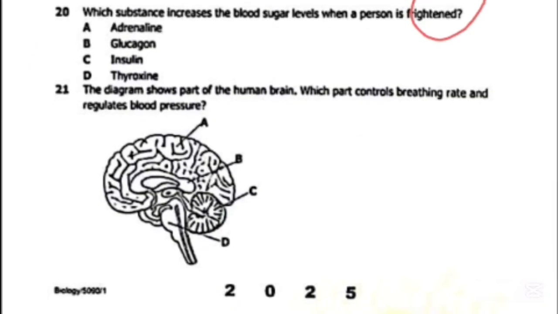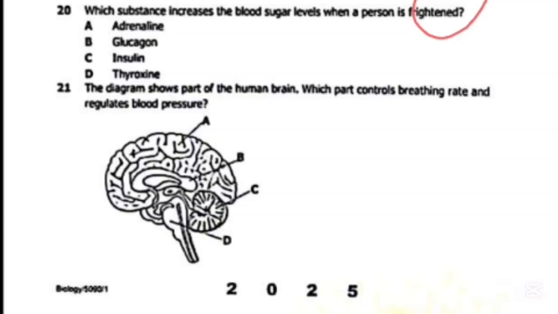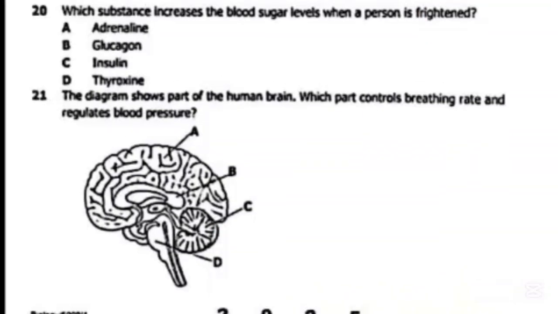Question 21. The diagram shows part of the human brain. Which part controls breathing rate and regulates blood pressure? So, before identifying the part which is